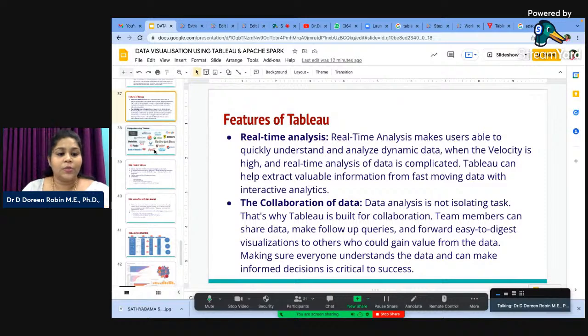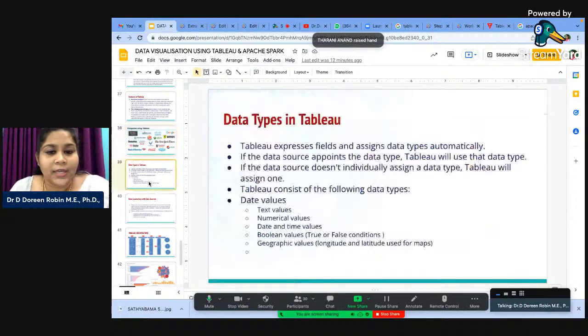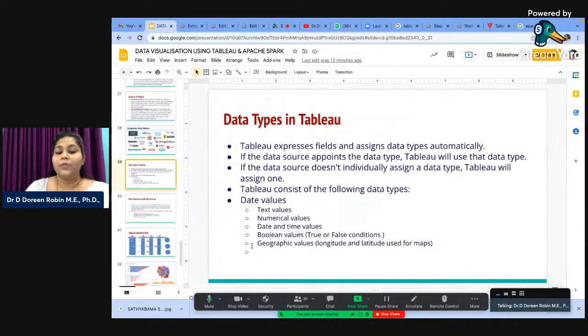Big companies use it. So what are the companies that use Tableau? Bank of America, Cisco, Google. I'll show you an example of Google, how it uses interactive analytics, Audi, Pepsi, Deloitte. All right. So data types in Tableau are text values, numerical values, date and time, Boolean values, and